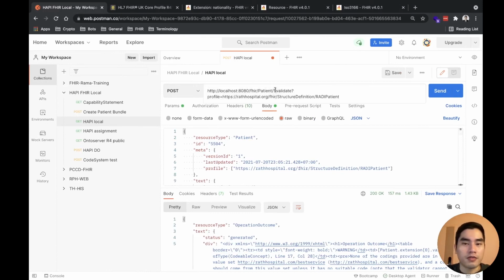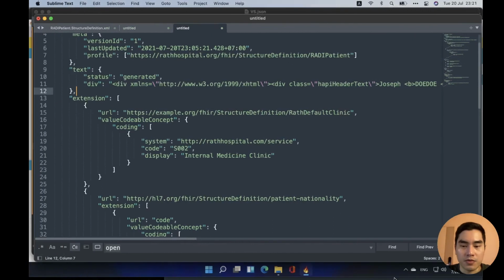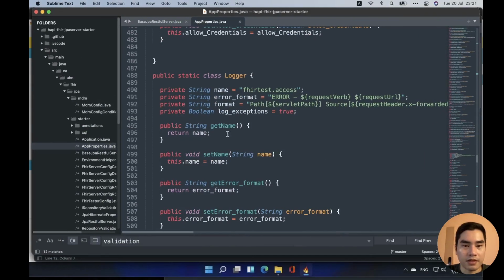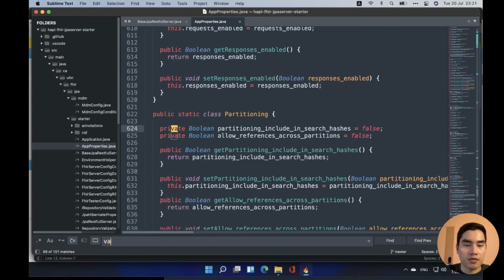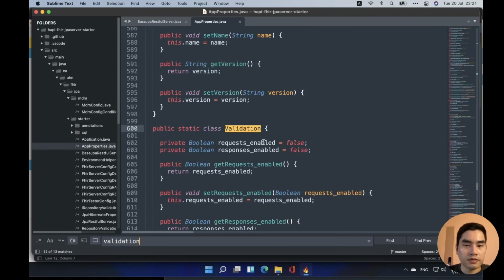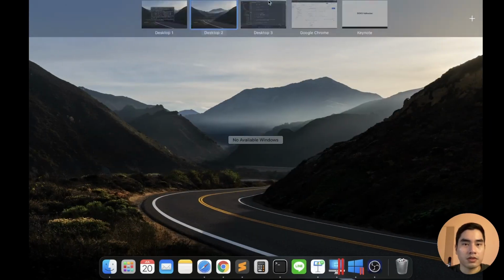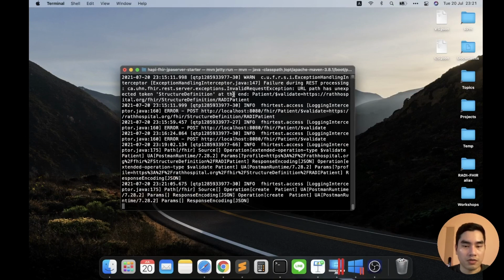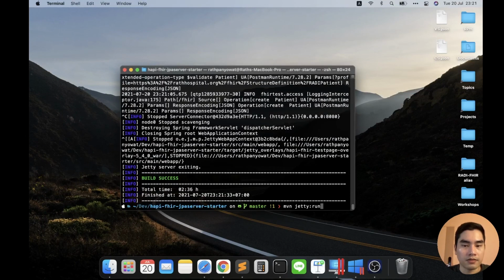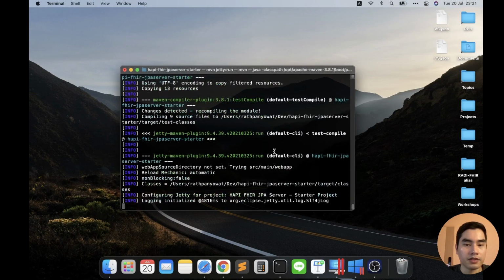So if you don't validate and you just post this resource, yeah, it will create it. But if you go here, to HAPI, and you set validation to true like this, okay, I will restart my HAPI FHIR server.